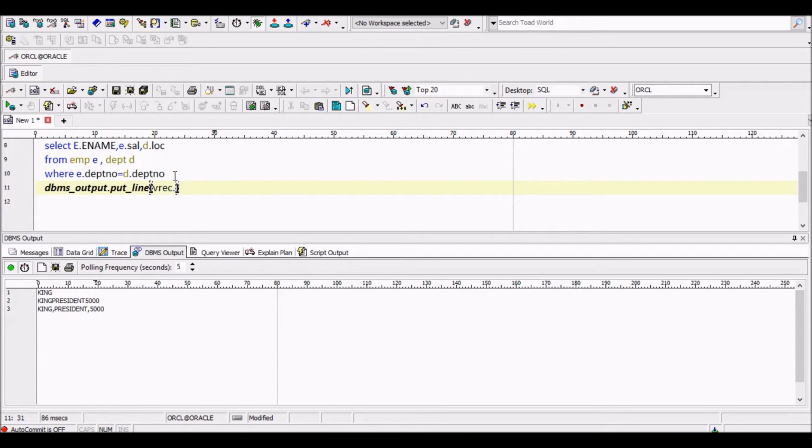Whatever columns you want, we will display here. Vname, concatenation symbol, comma, sorry, vrec dot sal. This is a record cell, comma, again concatenation, comma, and vrec dot location.